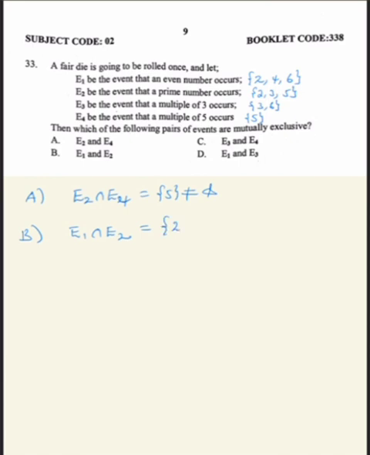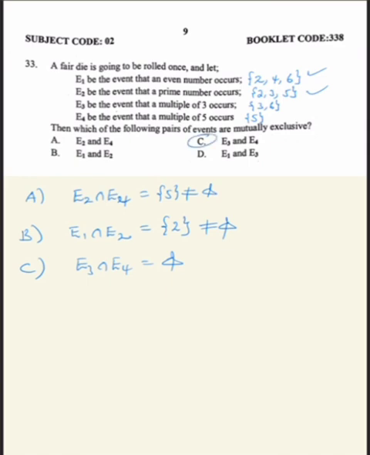In E1 and E2 we have 2 in common, so this is different from the empty set. Going to C, we take E3 and E4, the intersection of E3 and E4. E3 has 3 and 6, E4 has 5. This is empty, therefore E3 and E4, or event 3 and event 4, are mutually exclusive; they don't have something in